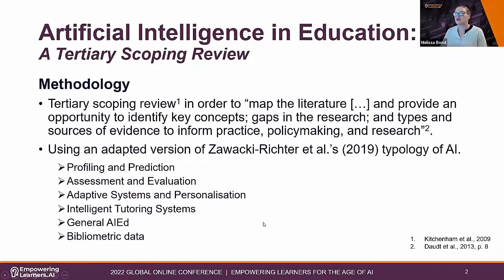So the way that we're going to do that, we're going to use this methodology to map the literature and identify these key concepts and the gaps in the research, with a really key goal to reduce research waste, make sure that we are all undertaking research that is valuable and needed, and so that we are having a look at some of the things that really, as I said, where there are gaps in the literature and that need to be looked at.